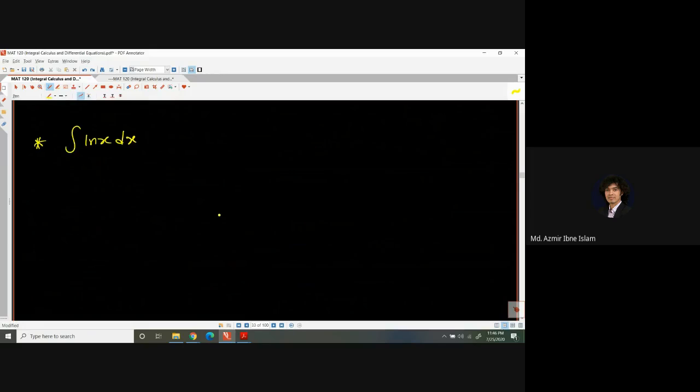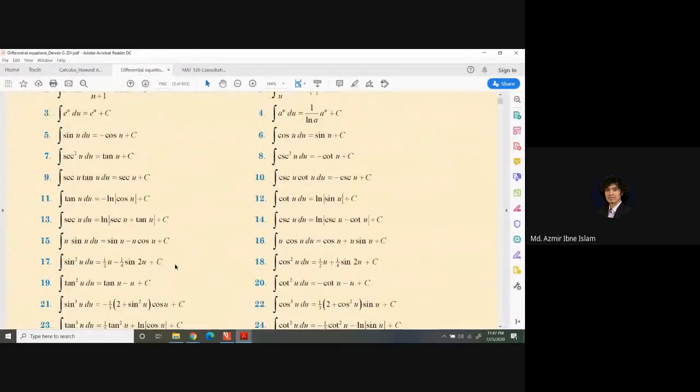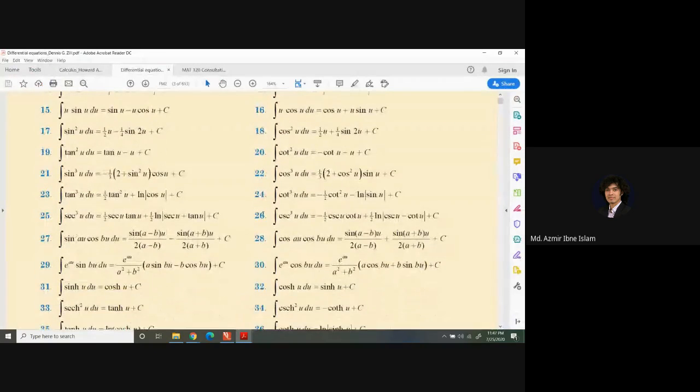There is no direct formula for this integral. We know that integration of 1 over x dx is equal to natural log of modulus x. But is there any formula for ln x dx? Actually we have, but how we can find the result, we are going to discuss here. You can search in your reference book. You will see integration of